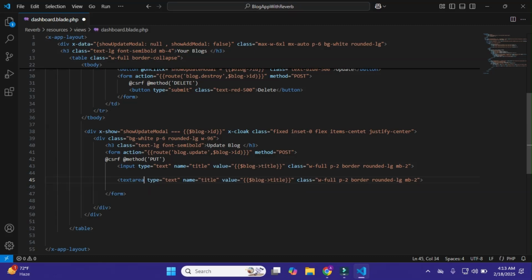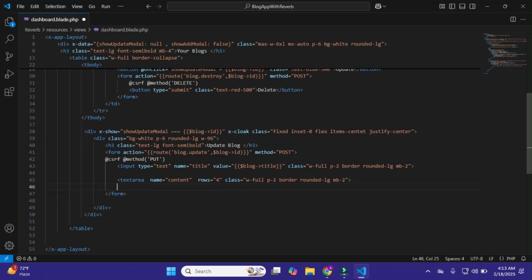I'll simply make its name content, and in the value, and in the textarea I'll use this, and in the class I'll make it rows 4, class w-full p-2 rounded-lg required.